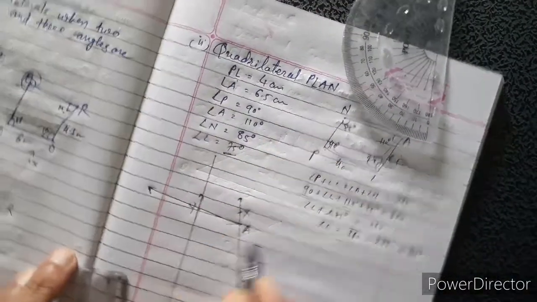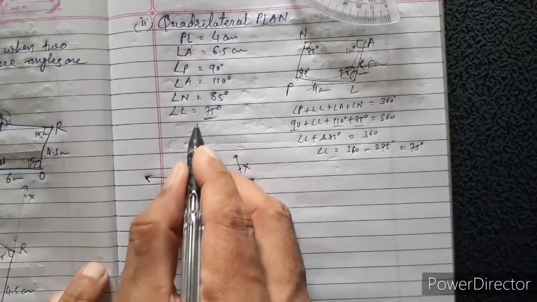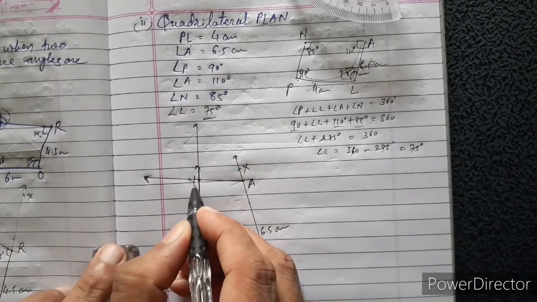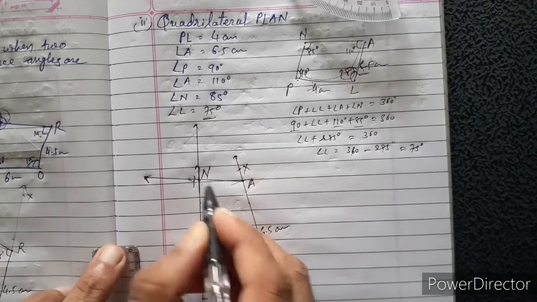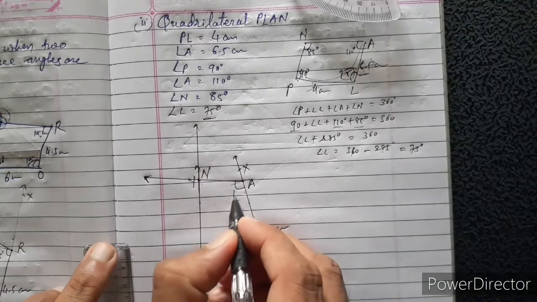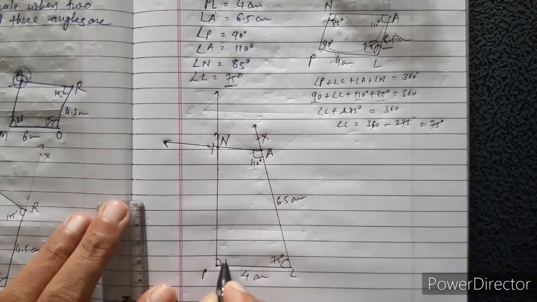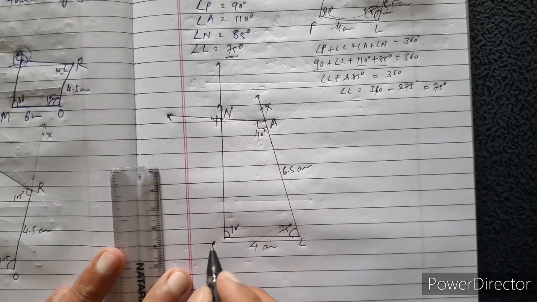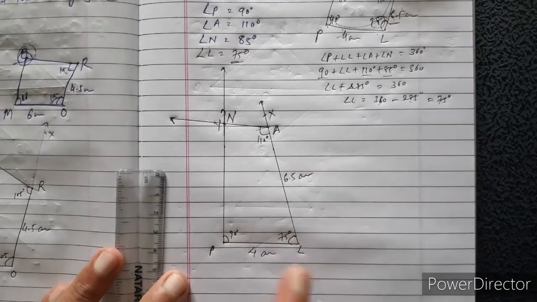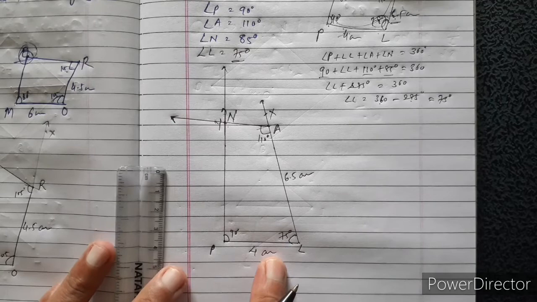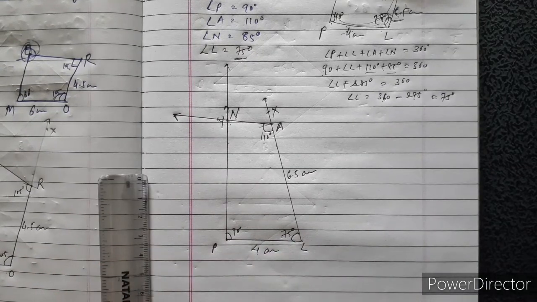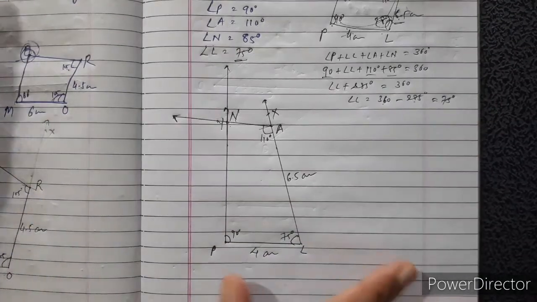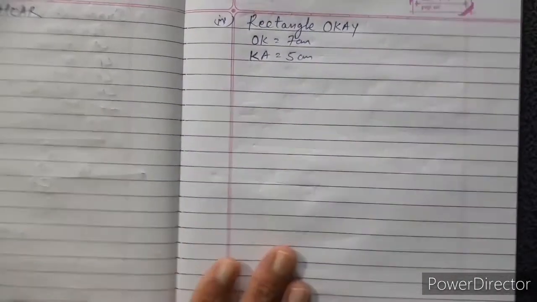And like that here. Okay. And intersecting point is our last point, that is N. So write down here N. Okay. A equal to 110 degree and this one is 90 degree. So here PLAN is our required quadrilateral. Okay. Next one. Look, question number 3.